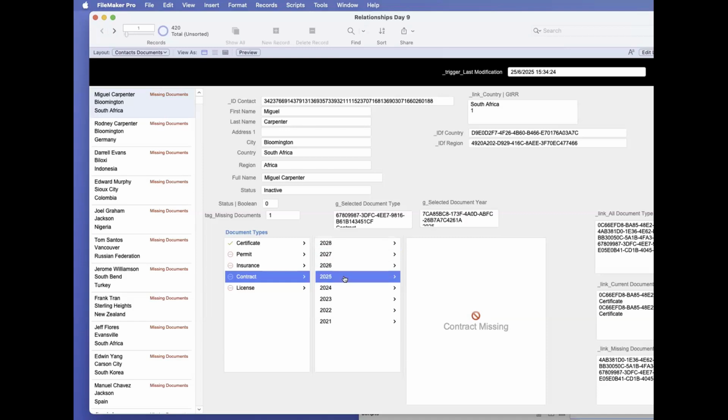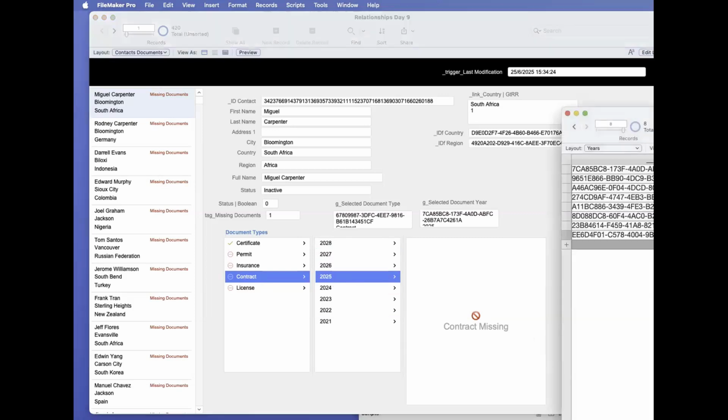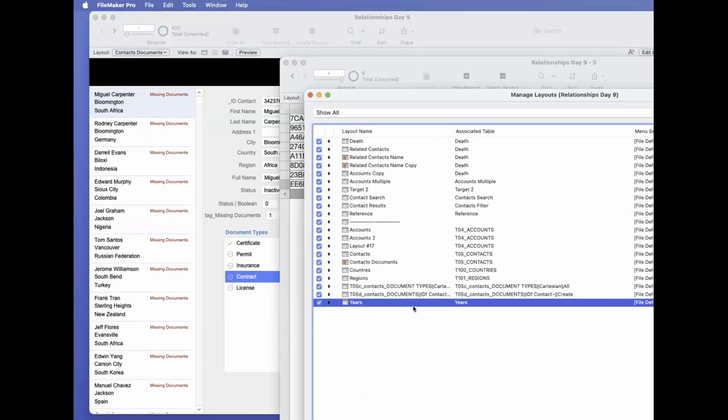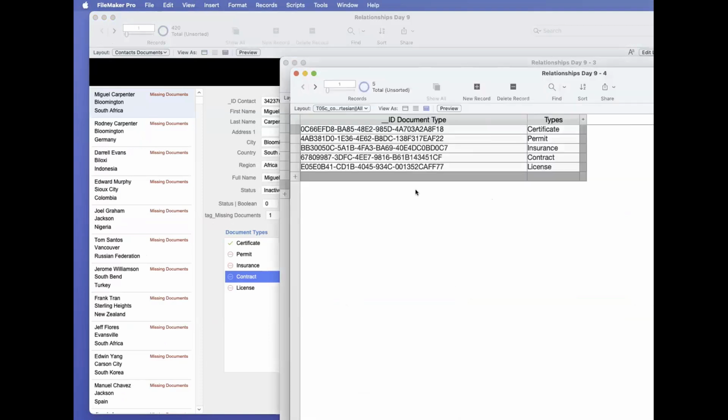And I want to get contracts automatically when I get inside 2025. I want to force the system to do that, right? Well, I'm going to my document type list here. Contract is this ID. So I copy this ID